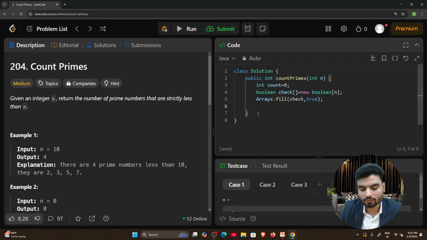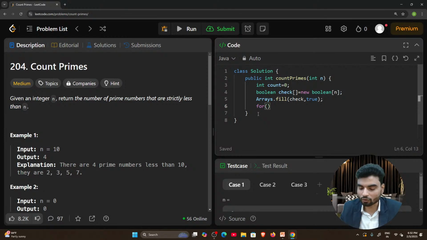Now the plan is to decide from where till where we want to check the multiples. I mentioned that every non-prime number has a multiple less than or equal to the root of n.